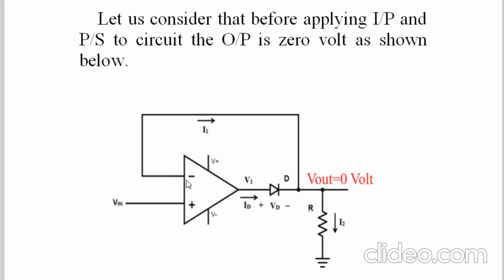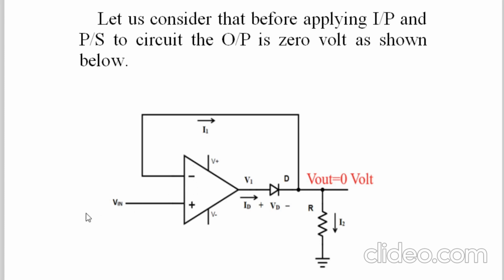Means the inverting input voltage is how much now? It is 0 volt. Now, as soon as you apply the input sine wave, it will start in the positive half cycle. And as I told you, the op-amp used in a super diode works as a comparator in the beginning. It simply compares the voltages at the non-inverting pin and the inverting pin and generates the result accordingly.